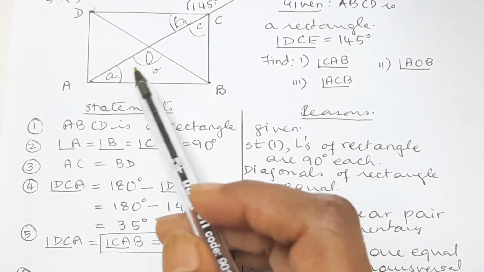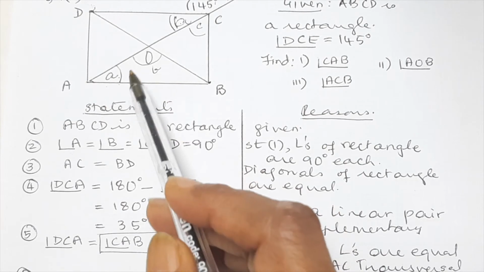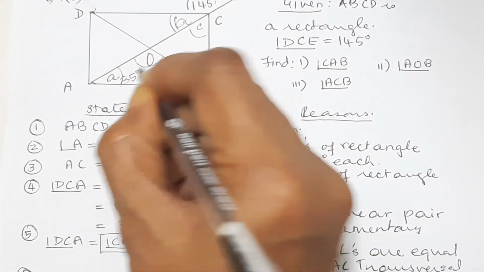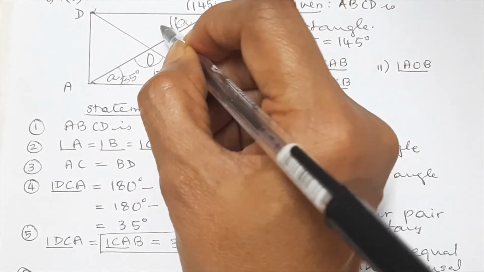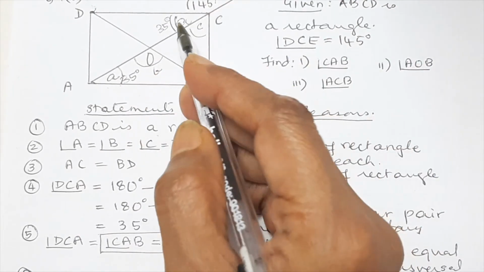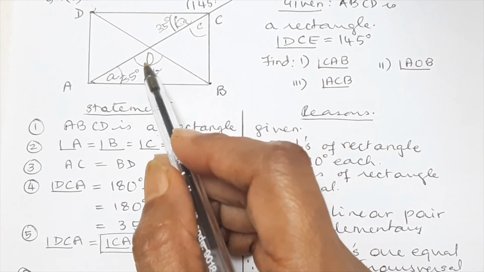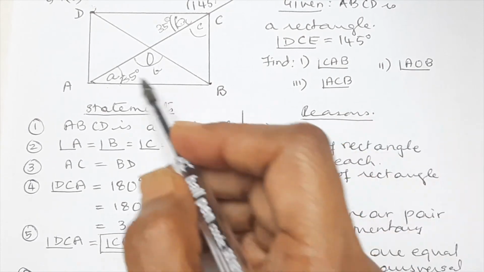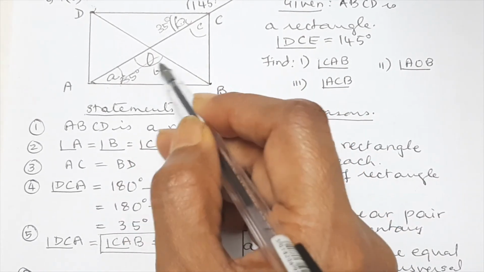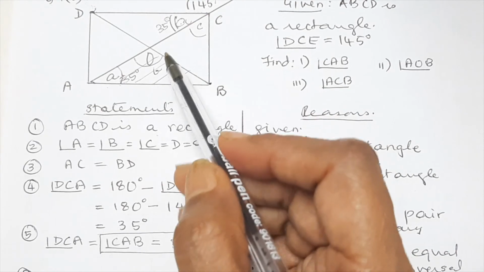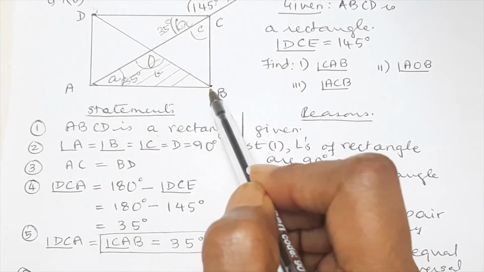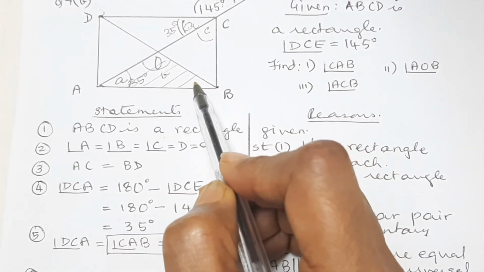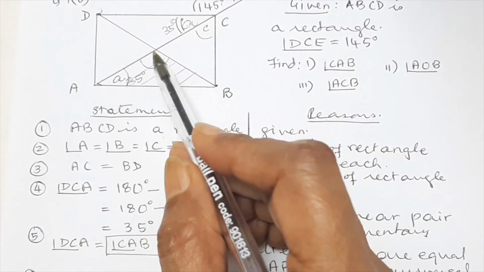So if I am looking at this angle, I need to know this angle, which we have found out is 35, because this angle is 35. So now if I have to find AOB, that is the second one, then I need to look at this triangle. Now in this triangle, I need to know AO and BO. They are going to be equal. So this will be 35, this will be 35 degrees. So we will write AO equal to BO.